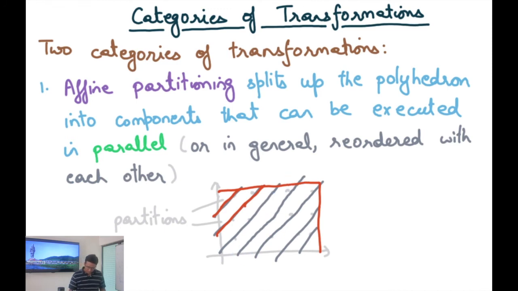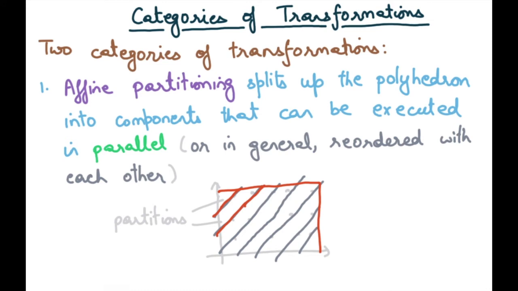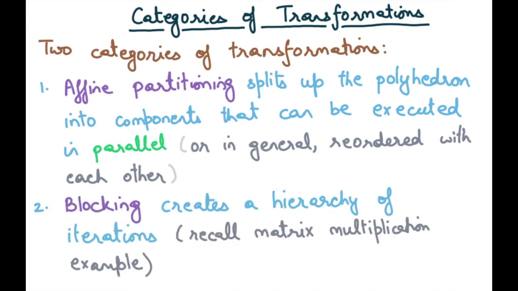All right. We're going to see this in more detail, but basically the partition of this iteration space is such that within a partition there may be data dependencies, but across partitions there are no data dependencies. And if we partition it in such a way, then each partition can be executed in parallel with every other partition, and we can achieve better parallelism.